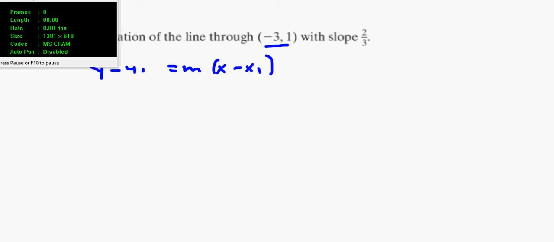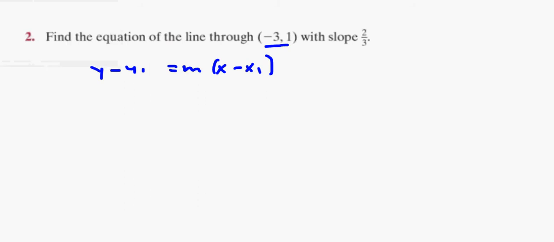Okay guys, so the first question is: find the equation of the line through (2, -3, 1) with slope 2 over 3. You have the equation of a line formula, y minus y1 equals m times x minus x1. x1 and y1 are the point that the line goes through, and the m value is 2 over 3, so it's simply going to be y minus 1 equals 2 over 3 times x minus 3,